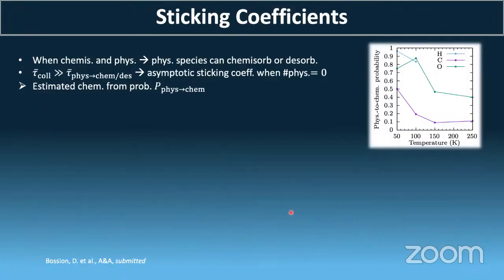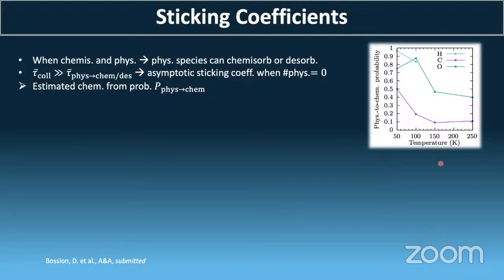But the case of H, C, and O was different. We had both physisorption and chemisorption. So the idea here is to say, okay, chemisorption is useful for the growth. Physisorption is not. What do we do with those physisorbed atoms? Do we expect that they all leave the surface? Do we expect that they all stick at some point? So what I did here was to extend the calculation to longer times and look at the proportion of physisorbed atoms that would, in the end, either chemisorb or desorb.